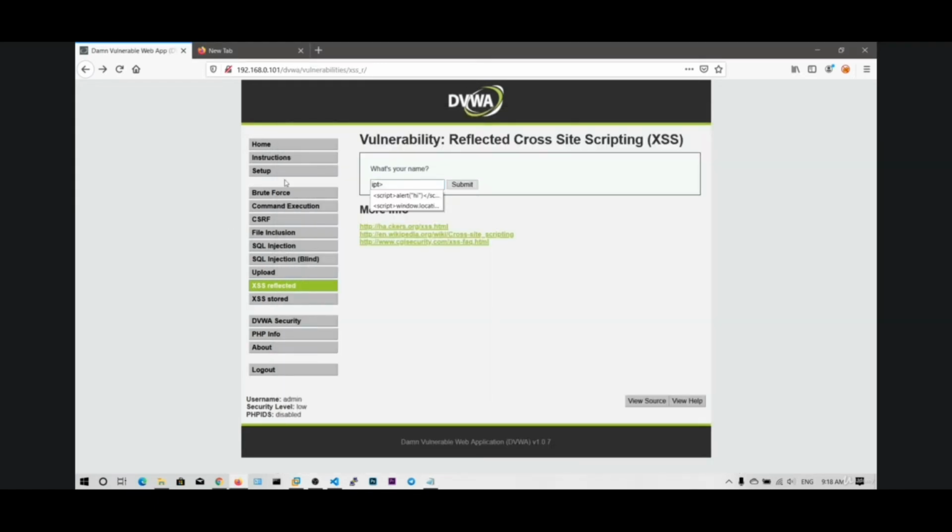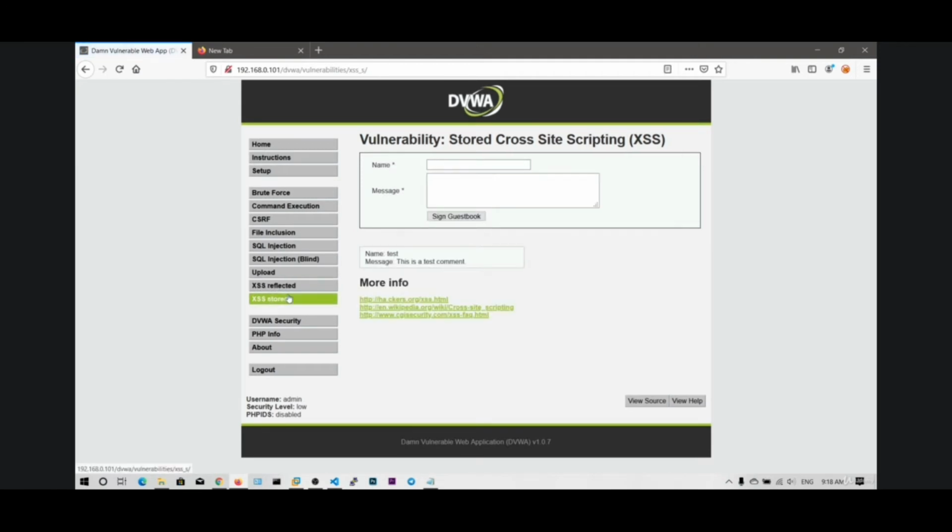So replace this window with this hyperlink reference, which is google.com. So let me clear this. I hope you have understood. Whatever script you put here, it gets executed. Now you can also put document.cookie to get the cookie, but I will show you the cookie stealing in the next video, after next video. So now let's go and see the XSS store.